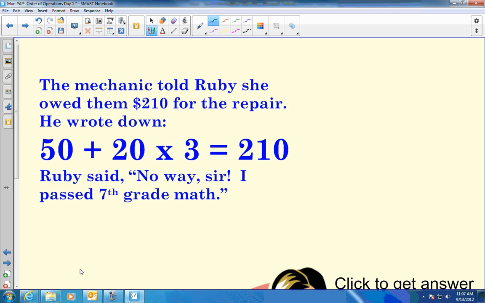So one possible expression that we could use to represent this is $50 plus $20 times our labor. The mechanic told her that it was $210. And of course, Ruby said, "No way, sir, I passed 7th grade math." So her mistake, or the mechanic's mistake, was doing the addition before the multiplication and division. So what he should have done